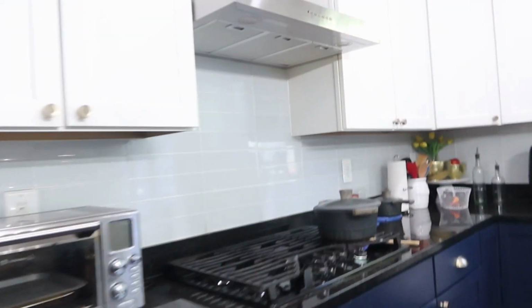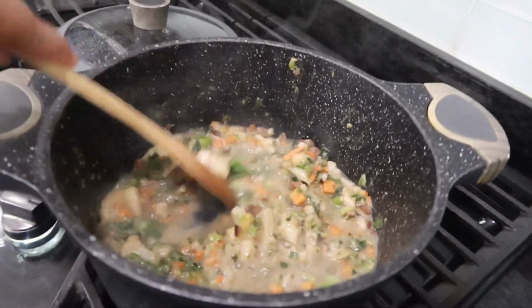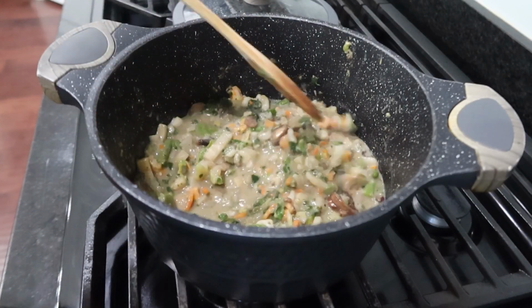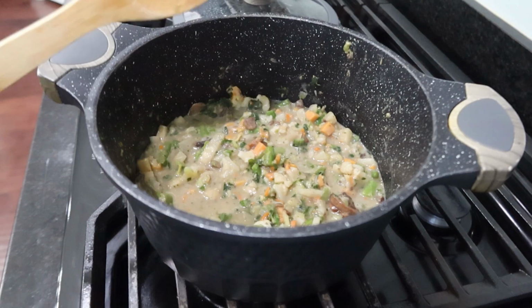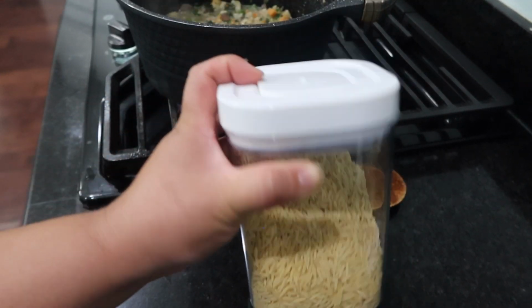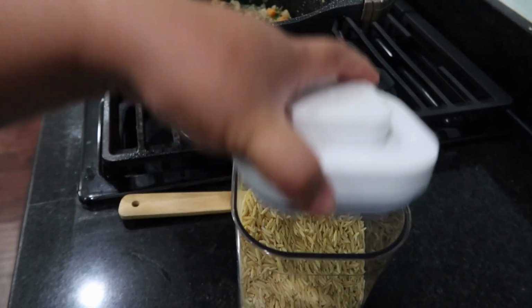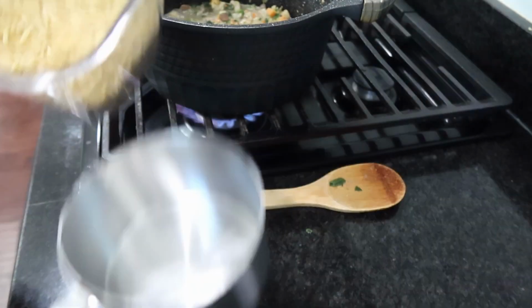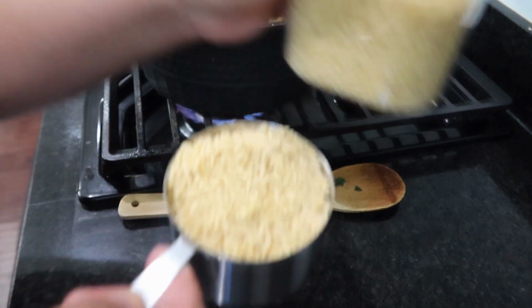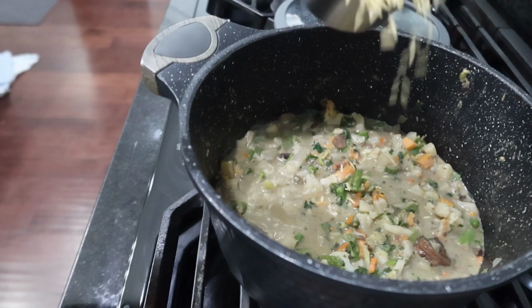Let's check back on our meal prep. Alright, it is boiling and I think I can add the orzo now. But look how much food that is for 2 harvest bowls. That's a lot. And here's the orzo. I'm probably going to use up a cup of it. So let me go get the measuring cup. Okay. And then,